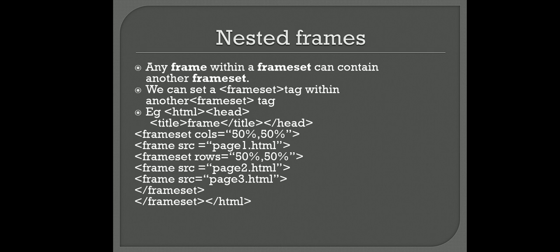Next is a nested frame. When you want a frame within a frame, then we go with a nested frame. For example, I want two rows. See here, I will explain it with the example only. Let me explain. I have divided the frameset columns into two, but in the second page I want the column to be divided into two rows. So I am calling the frameset four times, but only three pages can be opened, because the frameset columns is divided into two, the first page is created, and in the second page I created two more frames in the form of rows.